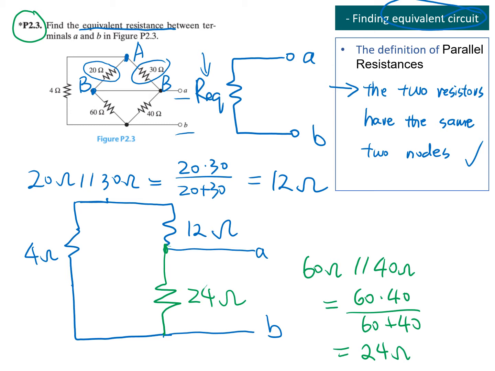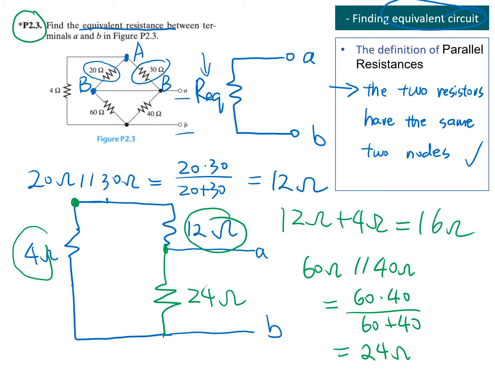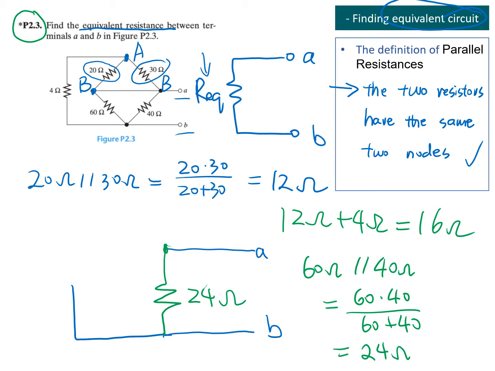Well, at this point, you can simplify the circuit further. You will see the 4 ohm resistor and the 12 ohm resistor are connected in series because they are both connected to this point, but this point is not connected to any third node, so they are connected in series. And 12 ohm resistor plus 4 ohm is going to be 16 ohm. So we can draw the circuit. That's going to be